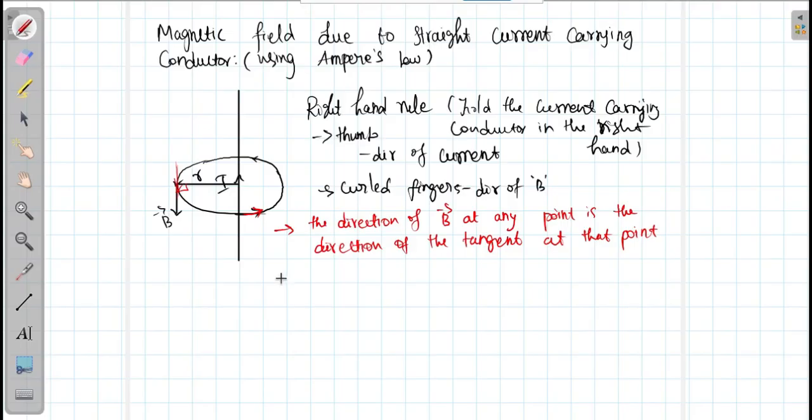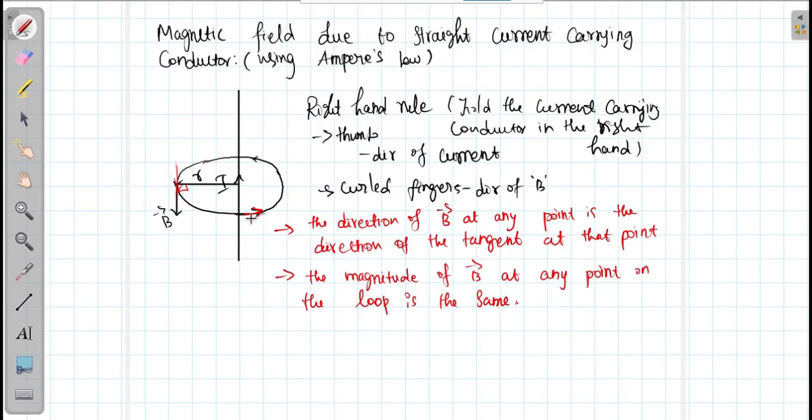Another point: the magnitude of magnetic field at any point on the loop is the same. Why? Because the distance is the same and the angle at any instant is also the same. Therefore, there will be no change in the magnitude of magnetic field. So throughout the circle, the magnetic field remains the same. Therefore, using Biot-Savart law,